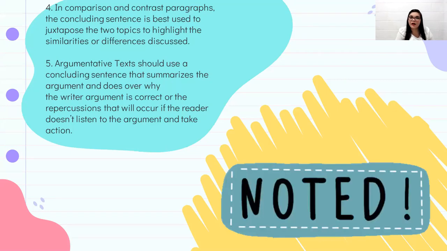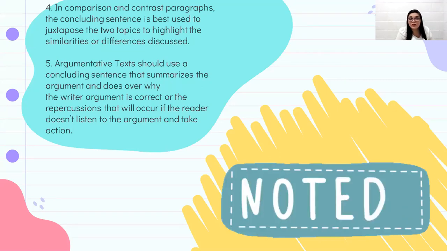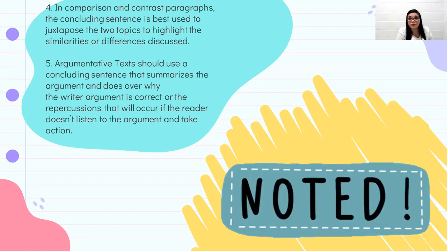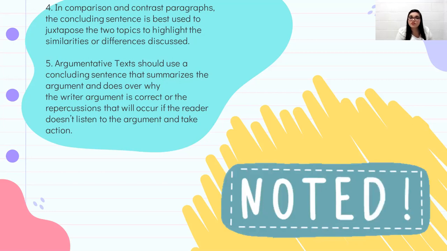If you're writing, for example, a comparison and contrast paragraph, the concluding sentence is the best one used to just juxtapose the two topics to highlight the similarities or the differences that you have discussed along the paragraph. If you are writing argumentative texts, where you are, for example, persuading, or providing information that you have listed and probably supported with facts taken from the web or from a book, you will probably see that you should use a concluding sentence that will summarize